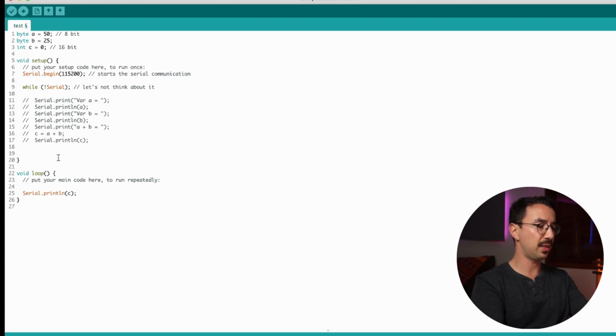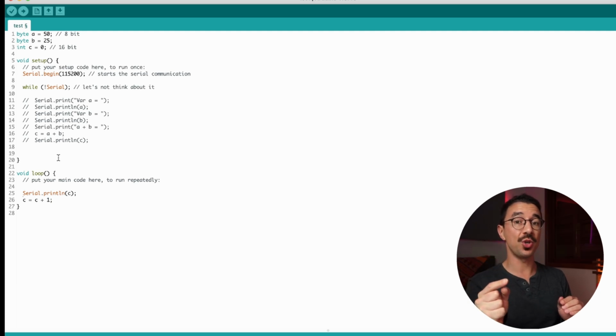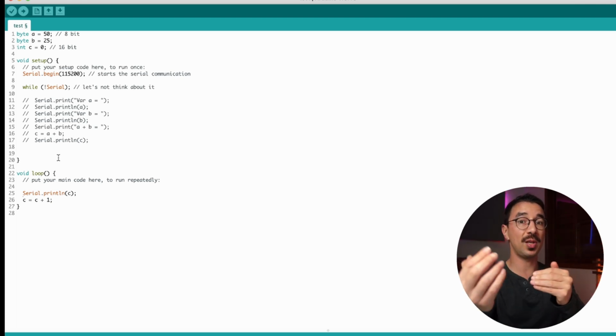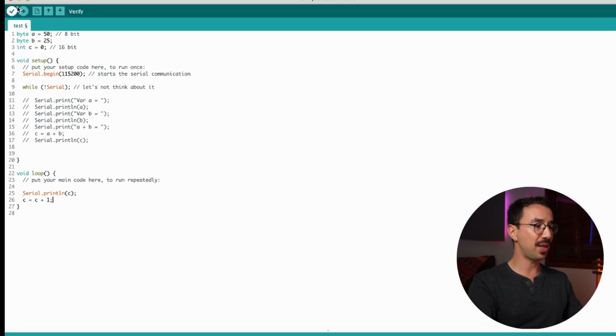So this is going to print C every time, but every time it prints C, let's make C and store C plus 1. So if the first time C was 0, now we're going to store 0 plus 1, which is 1. So next time C is going to be 1, so we're going to store in the variable C 1 plus 1, which is 2.